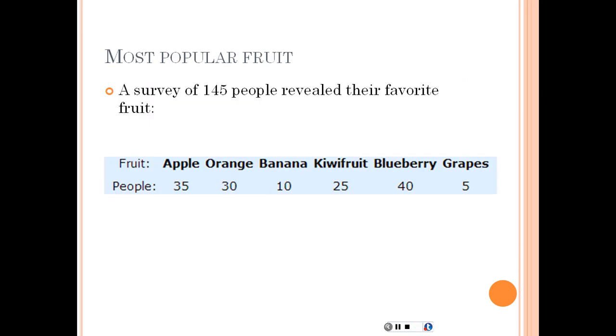So here's another example. Let's look and see, if you had a survey and you're looking to see what people's most popular fruit is. So we have a survey here that was given to 145 people, and they revealed their favorite fruit. This is the fruit, and this is how many people chose this as their favorite fruit. So 35 people chose apple as their favorite fruit, and